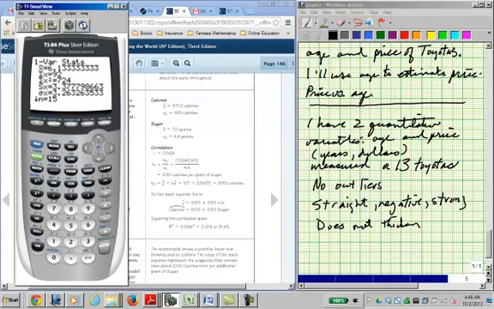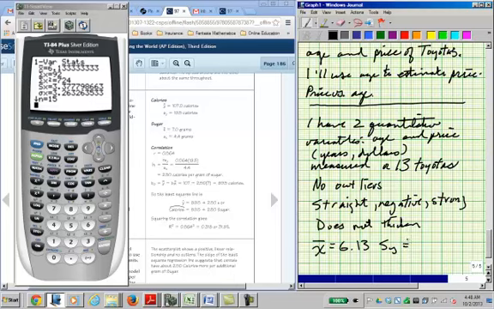I don't need to know the 5-number summary. All I want to know is the mean of the x-coordinates and the standard deviation of the x-coordinates. Well, that's what this window is. The mean of the x-coordinates is 6.13. Let's write that down. X bar equals 6.13, and s sub x equals